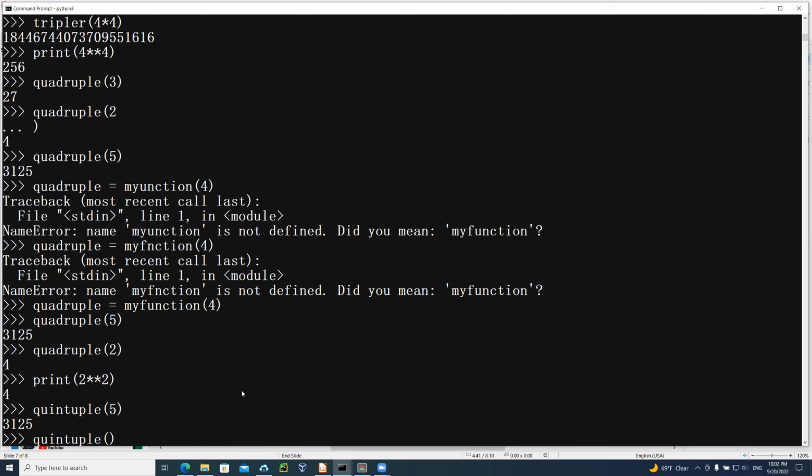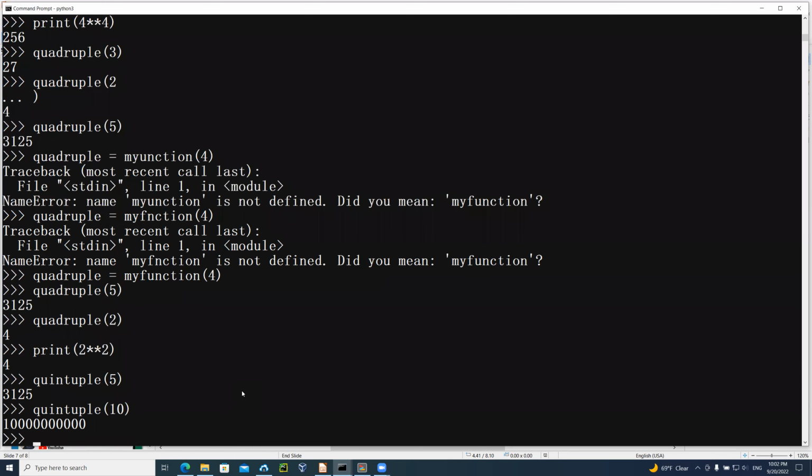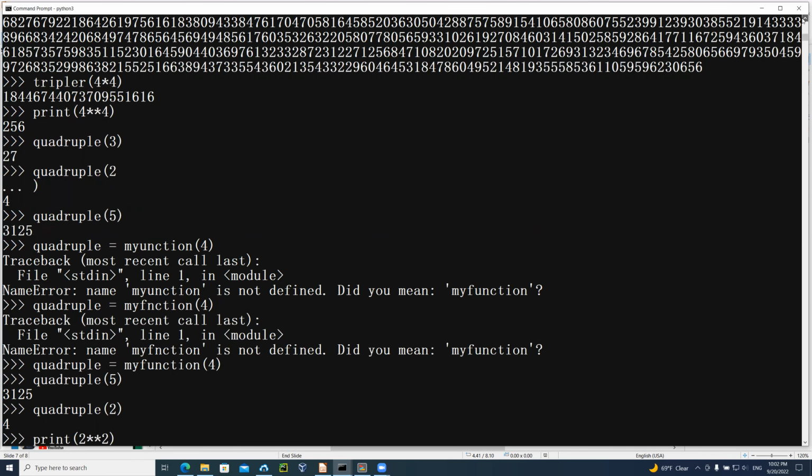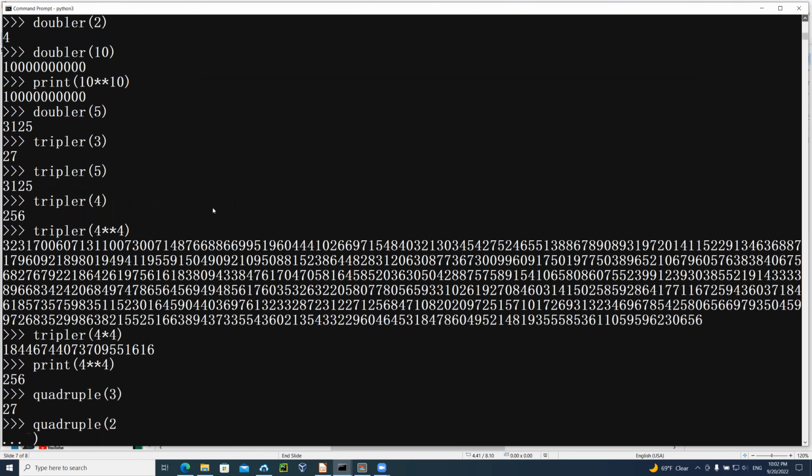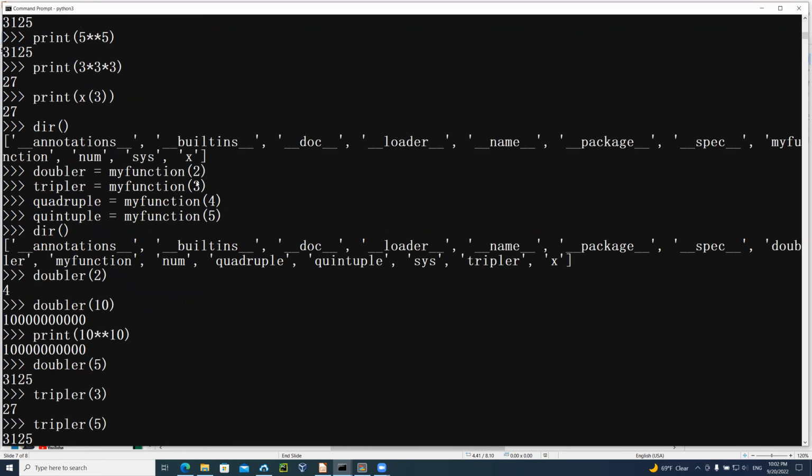So the larger the number is, the bigger it's going to get. But I think maybe on the definition, let me go up here to see what I defined. 2 times 3 times 4, that's okay. As long as we pass in the right number of arguments, then 5 times that number will be multiplied